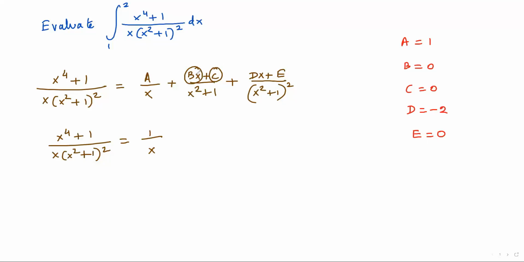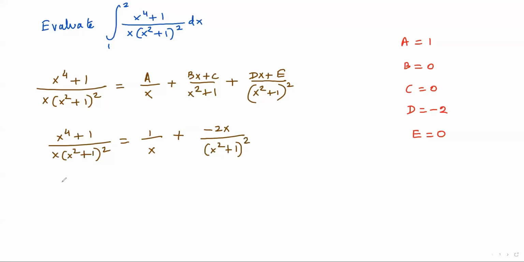So 0 plus 0 will be 0. So the numerator becomes 0. 0 divided by anything will be 0. So this fraction vanishes because the numerator becomes 0. Okay, now let's move to the third fraction. The value of d is negative 2 and the value of e is 0. So I get negative 2x plus 0. So 0, if we don't have that plus 0, we can write negative 2x over (x square plus 1) whole